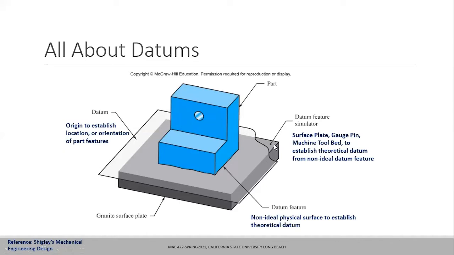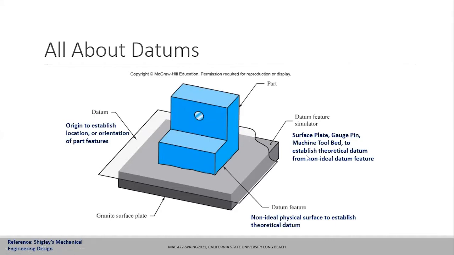And that datum feature simulator will be used to establish the datum, because that is what we are considering, that is having the ideal surface, ideal flatness on that simulator. And we use the surface of the datum feature simulator to establish our datum from where the inspection will originate. So we talk about datum, theoretical concept, datum feature, which is the surface we are going to use as a reference